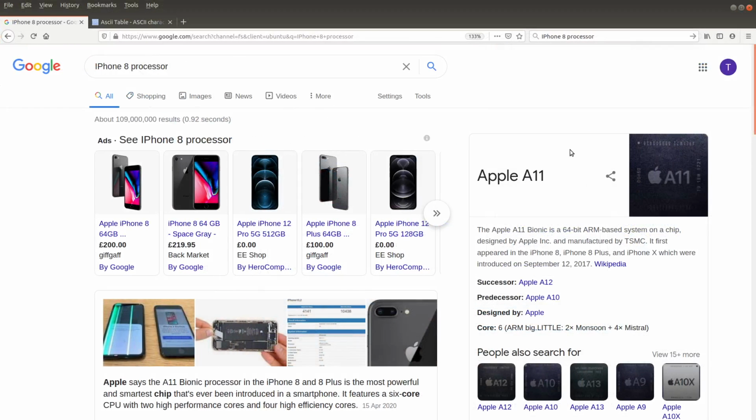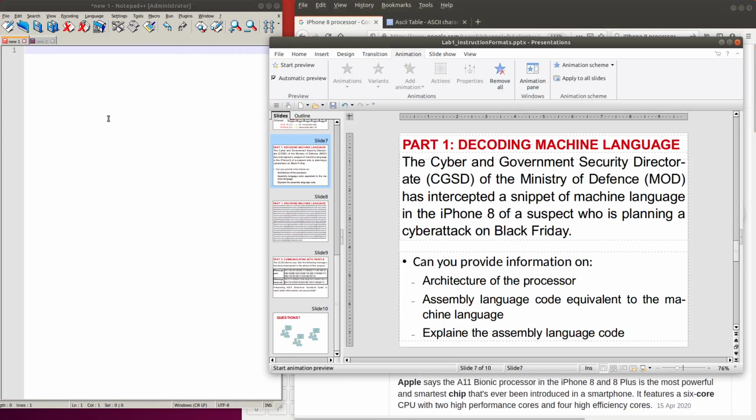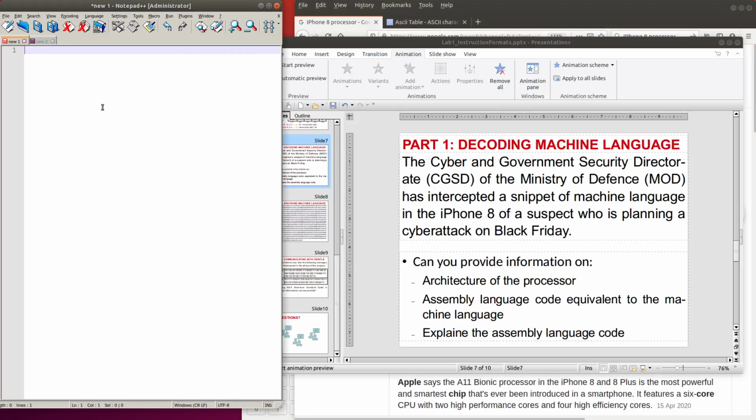Well, we can see the answer available here. It is Apple A11 Bionic, and it is a 64-bit ARM-based system on a chip. So we have the answer for the first question, the architecture of the processor.